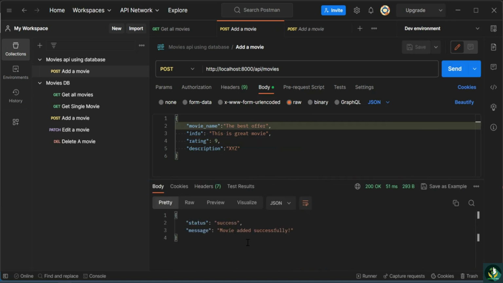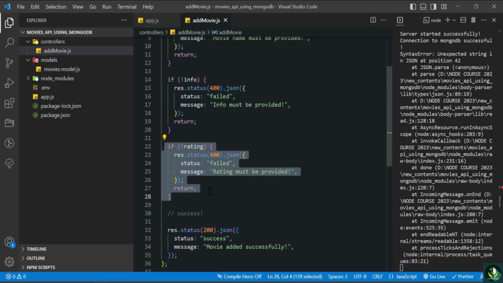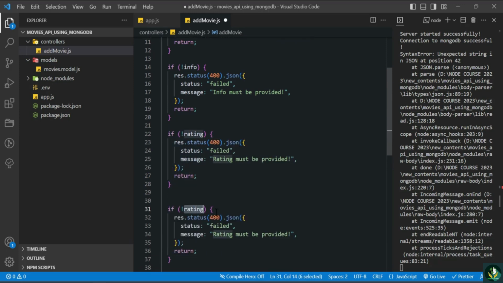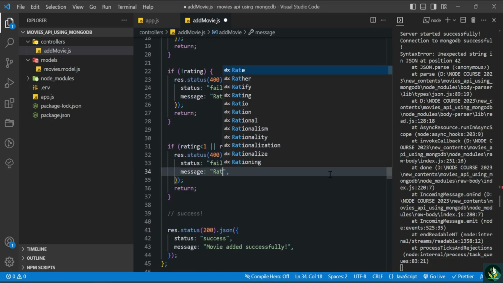So if you send this, you can see that movie added successfully because everything is working fine. You can also check other validations over here, like in the rating, rating must be between 0 to 100. Then what you can do is you can again copy this block of code and write: if rating is less than 1 or rating is more than 10, then we need to throw our response error, rating must be between